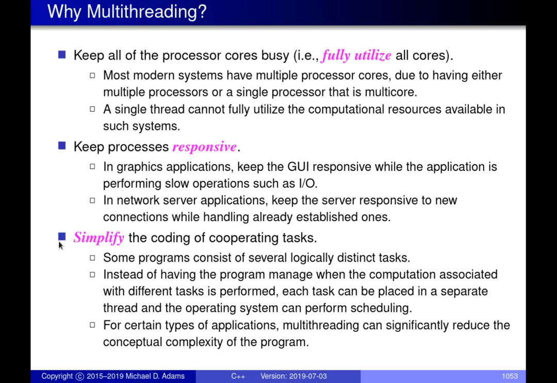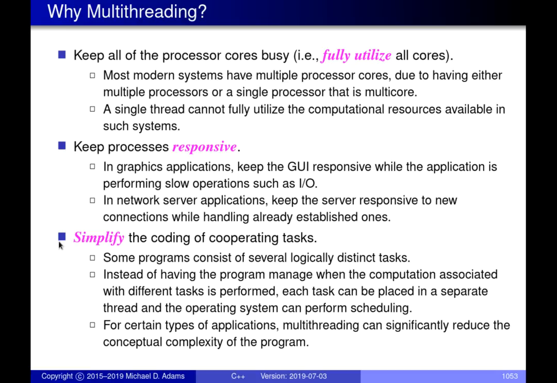Another reason that you might want to use multi-threading is that for some types of program structures, it might make sense to use threading in the sense that it can simplify the code. For example, suppose you have an application where it naturally needs to perform a number of different tasks, and those tasks have to be scheduled in some way. If you wrote things as a single-threaded application, then you'd have to effectively do something similar to the context switching that the operating system does, but you have to simulate it yourself to switch between different tasks. But if you write your application instead as having multiple threads, then you can let the operating system worry about the scheduling, because it will schedule the threads for you.